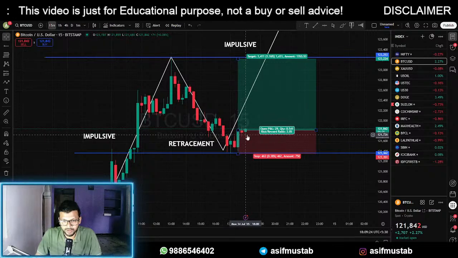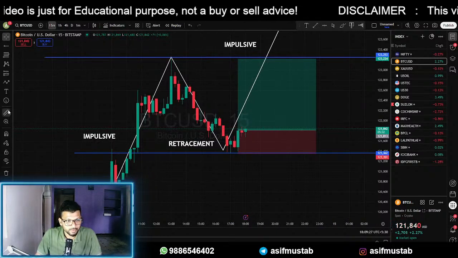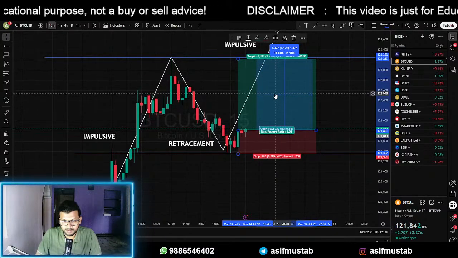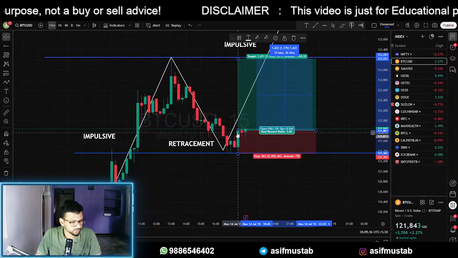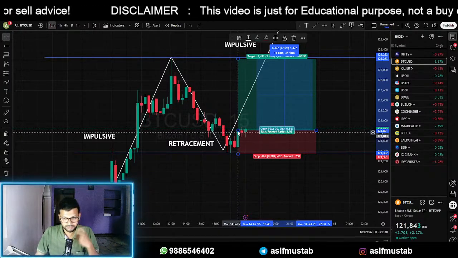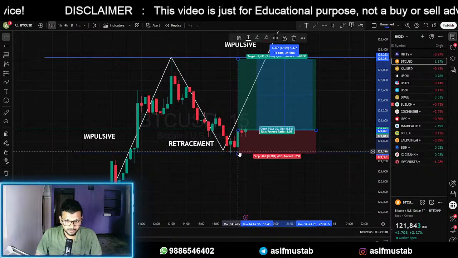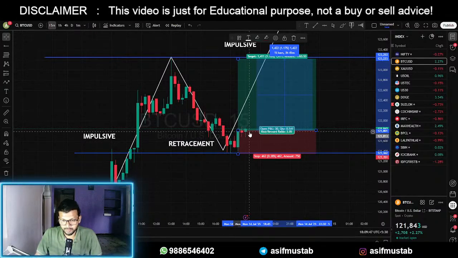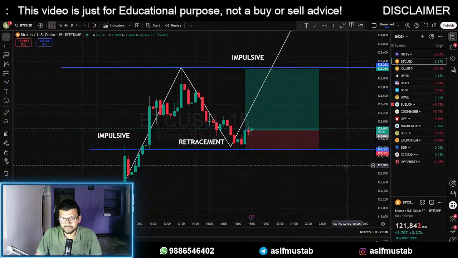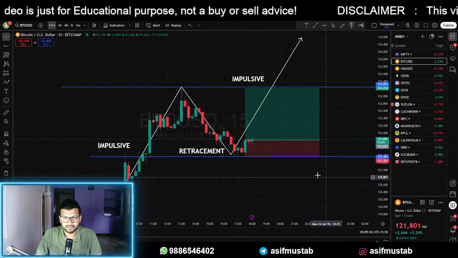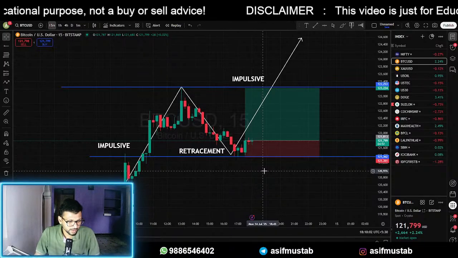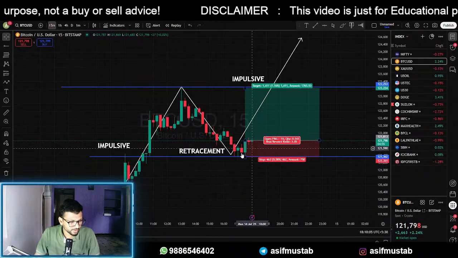See, the market started moving in our direction, and when it reaches half of our target, at this level, we will trail our SL to cost to cost, so that we will not lose a single rupee. Our SL will be at our buying price. If the market reverses also, we will exit with zero loss. Okay. I will take the trade now then. Okay.